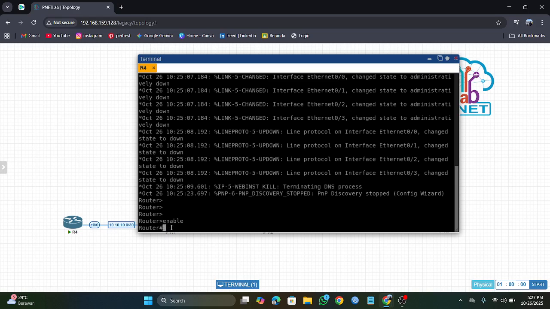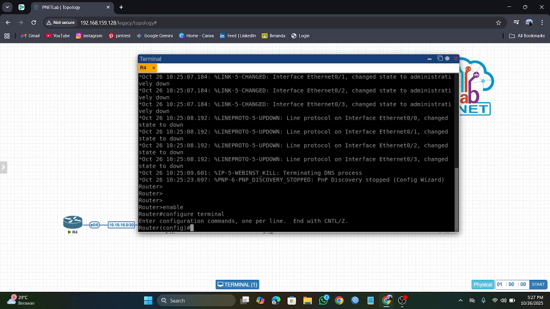To enter level 3 you type configure terminal, and you click enter.